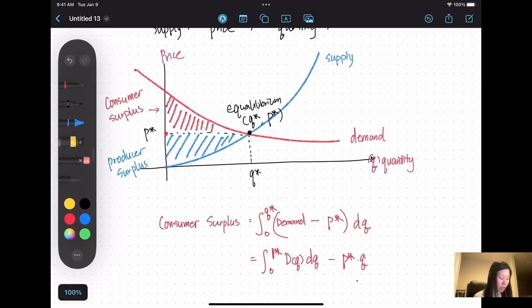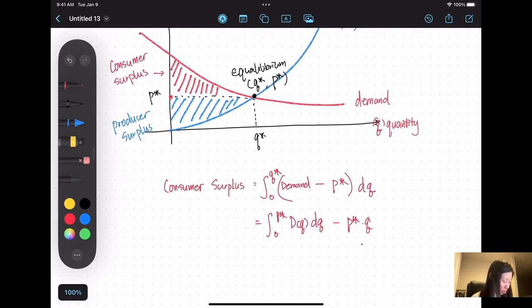Now similar to the producer surplus. So for producer surplus,